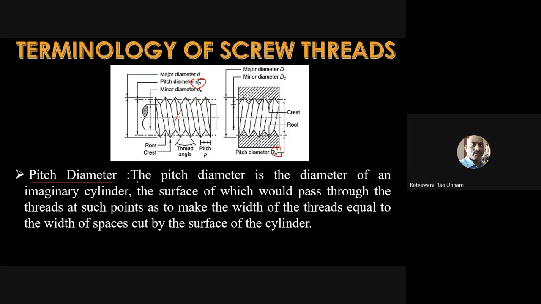So what it is, the pitch diameter is the diameter of,